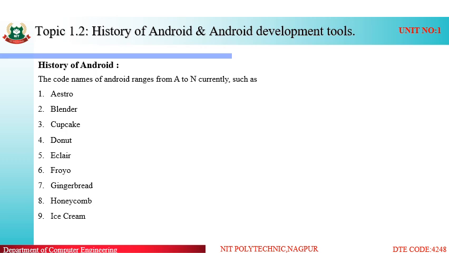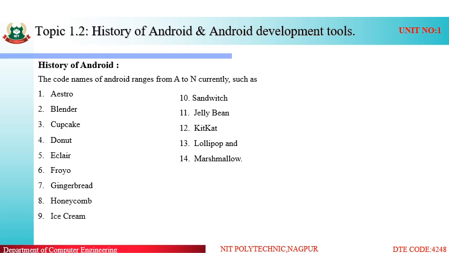Ninth, Ice Cream. 10th is Sandwich. 11th is Jelly Bean. 12th is Kit Kat. 13th Lollipop. And the current or recent mobile version of Android which we are using is Marshmallow.